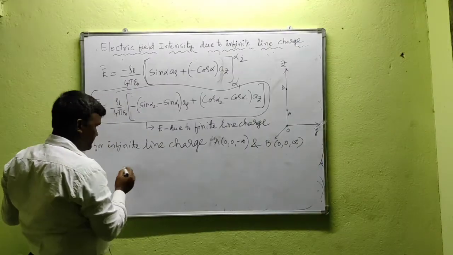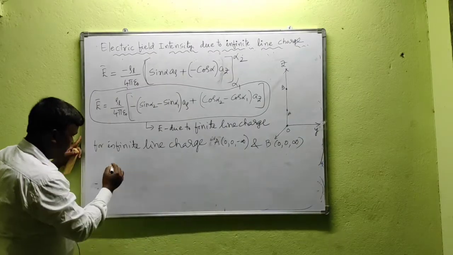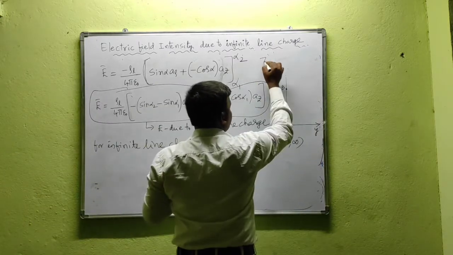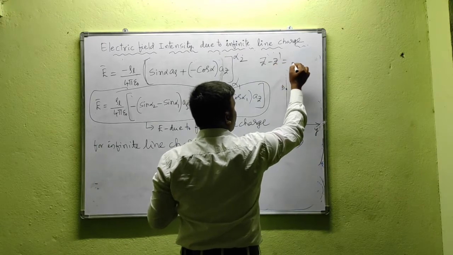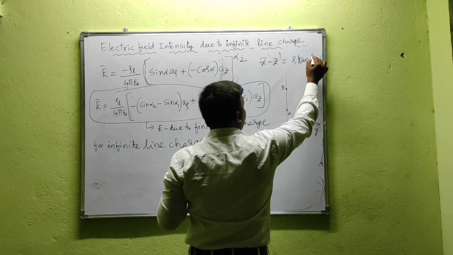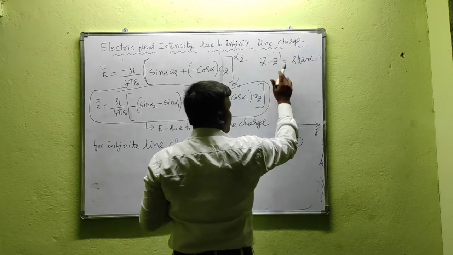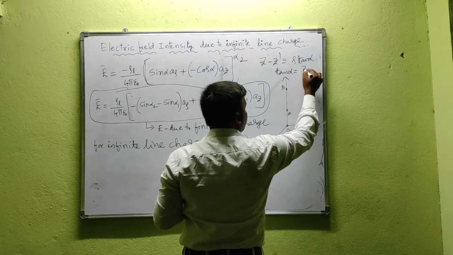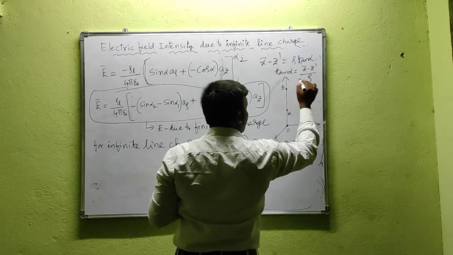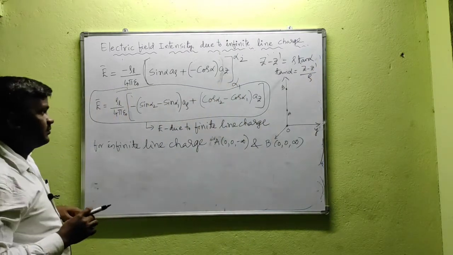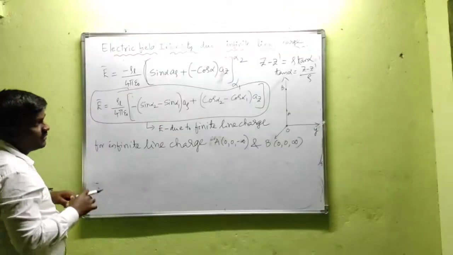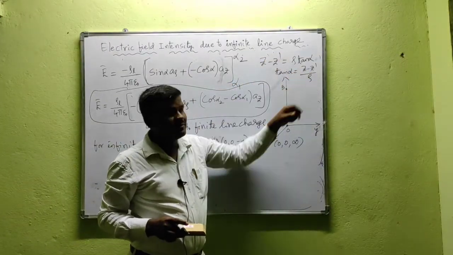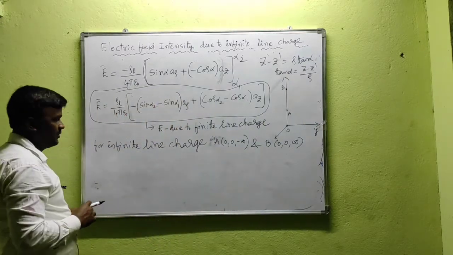I forgot to write that thing. Once go back to the video, see z minus z dash. I am writing that z minus z dash here. z minus z dash is nothing but rho tan alpha, or else tan alpha is z minus z dash by rho. Please go back to the video and see, we have z minus z dash as rho tan alpha, or tan alpha is z minus z dash by rho.